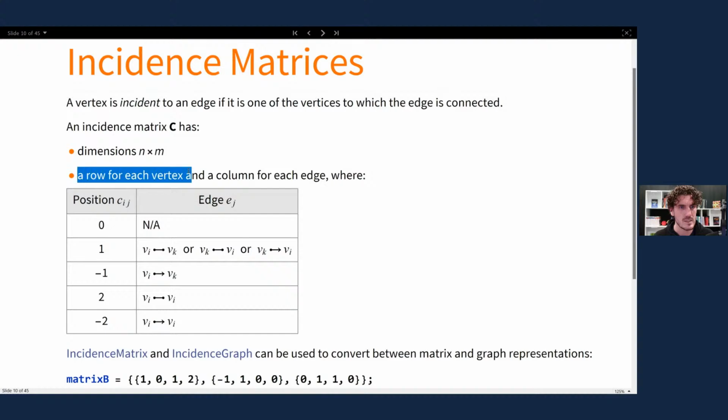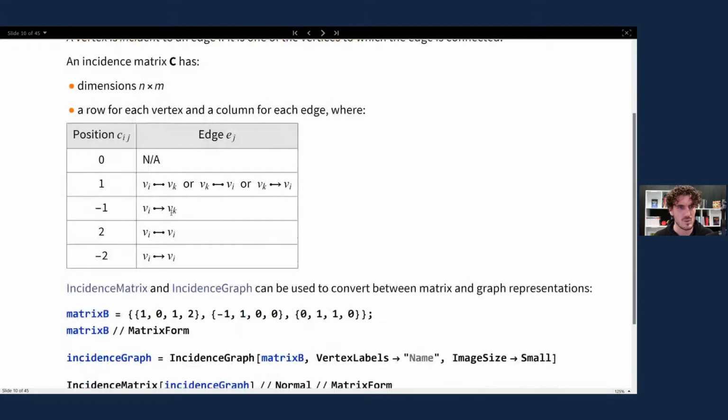We have a row for each vertex and a column for each edge where we follow these rules. If the element of the matrix is 1, then we have an undirected edge, or